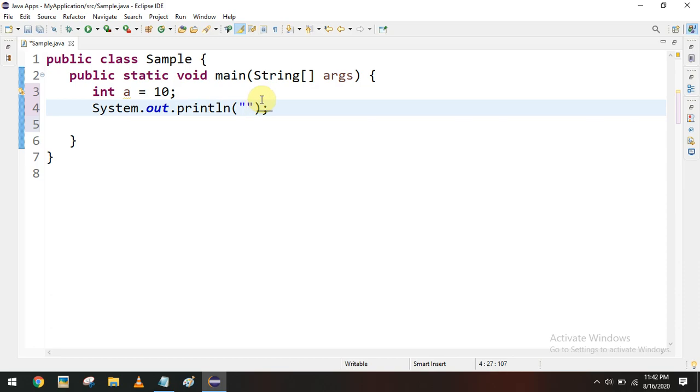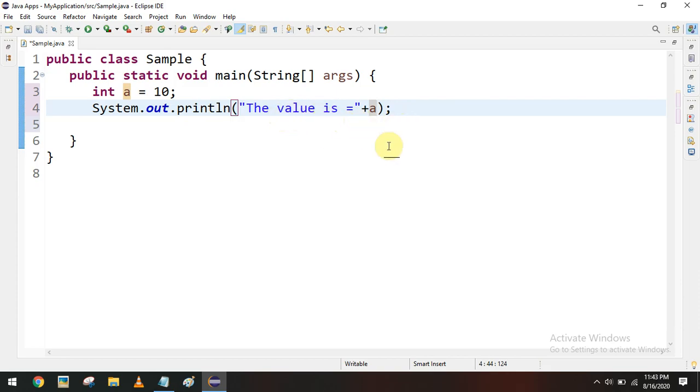For example, we can use it like this: "The value is " and equal to, then here in Java, there is one special meaning for the plus operator called concatenation. You can use the plus operator to concatenate the string "The value is" and the value, for example, a.